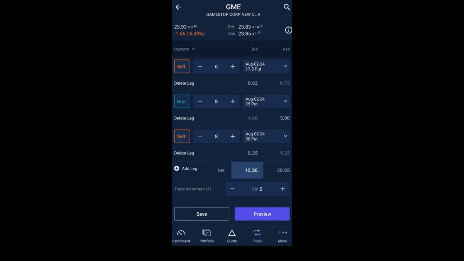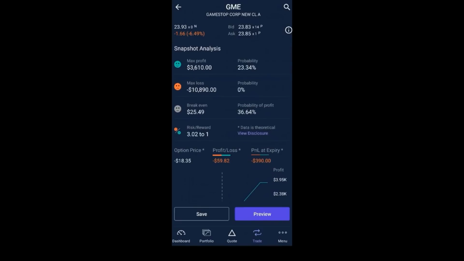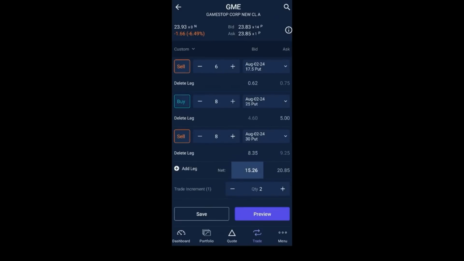So in this situation, I would definitely use the call spreads as opposed to the in-the-money put spreads. And that's a great way to structure the trade. And then when GameStop would increase to around $27 or $28, you would close out the entire position for a nice profit.